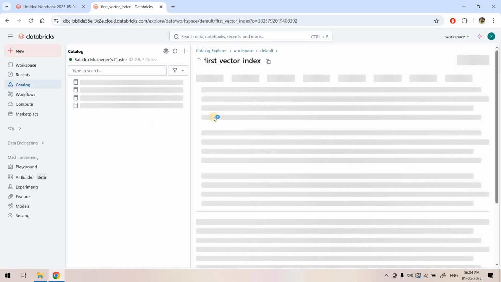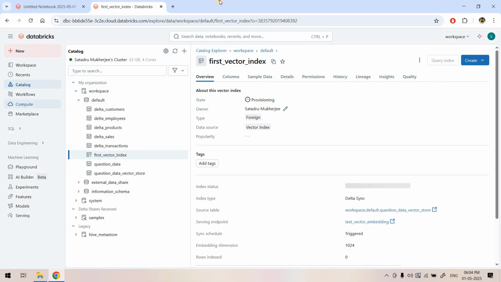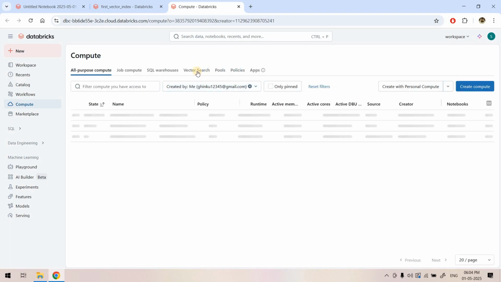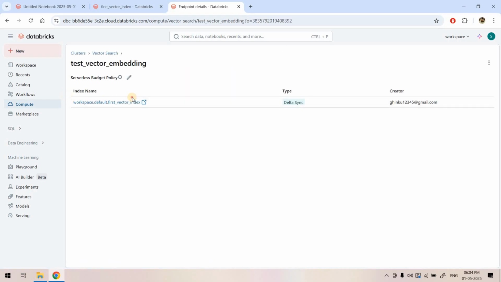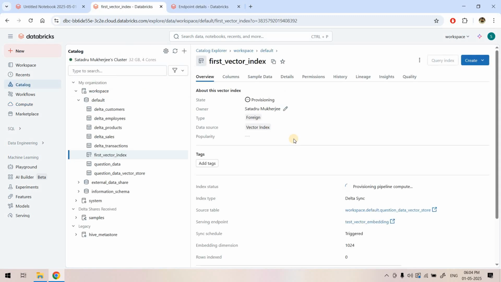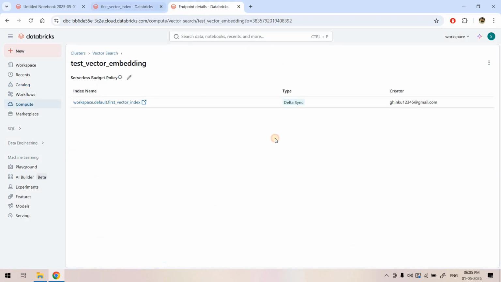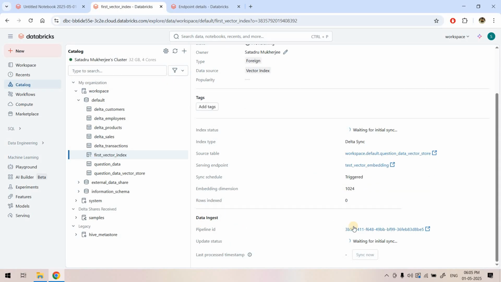Okay, so this will create the vector index in this specific compute layer. If I just show you, here you can go to the vector search tab, and within this one if you enter, you will see one index got created, workspace.default.first vector index, whatever name we have given here. Now to create this index, it is going to take some time. Here you can see that it is creating some pipeline, and what this pipeline will do is read the table and then populate the vector index we have created here, right? And if I scroll below, here you can see the pipeline ID as well. So if you want, you can open this pipeline,